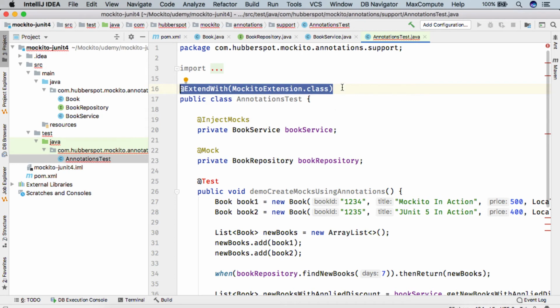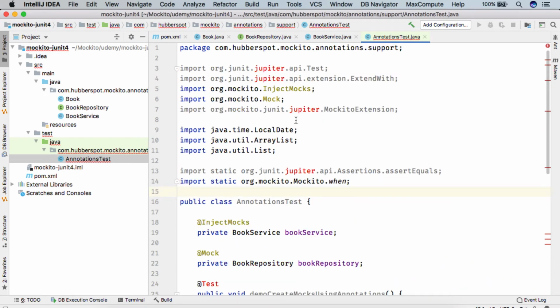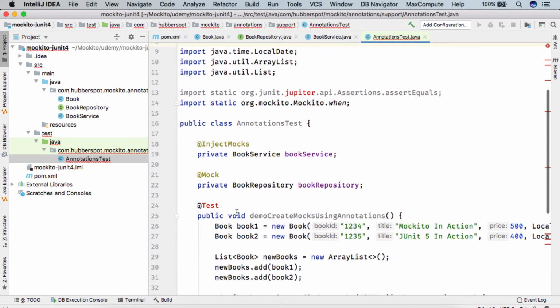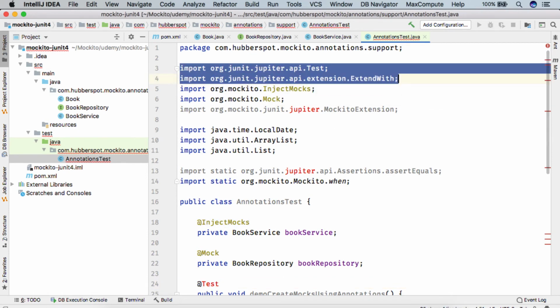So in JUnit 4 there is a different way to use these Mockito annotations. So we'll remove this first. And here you can see that as we are using JUnit 4, but the @Test here we have taken from JUnit Jupiter, which is JUnit 5. So we'll remove this also.